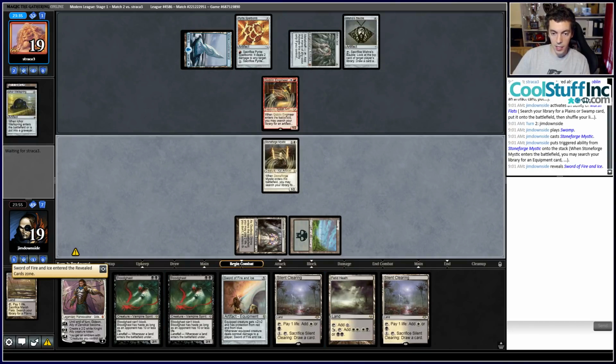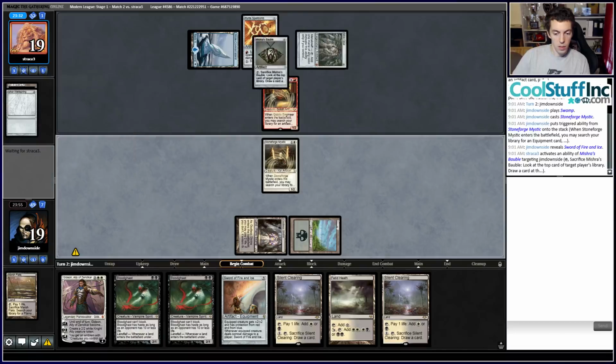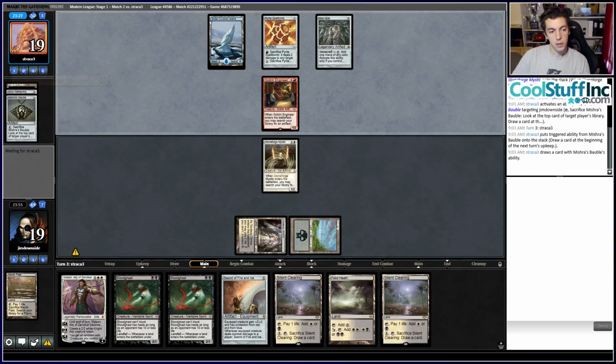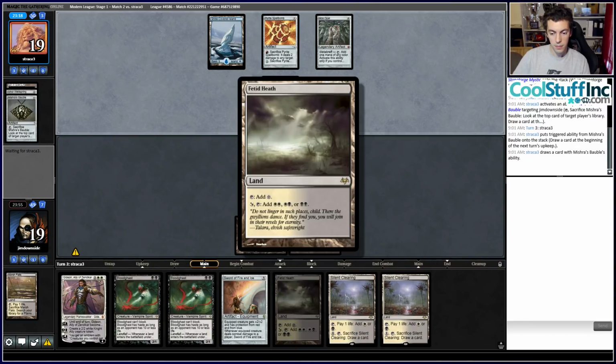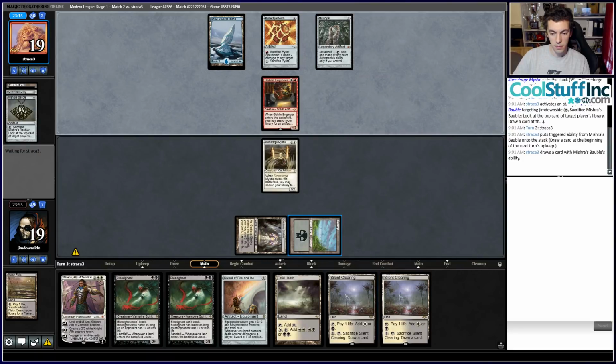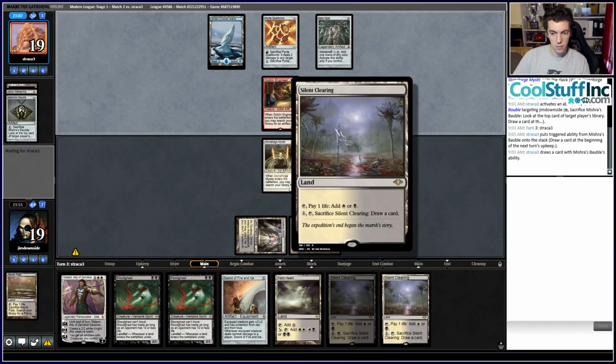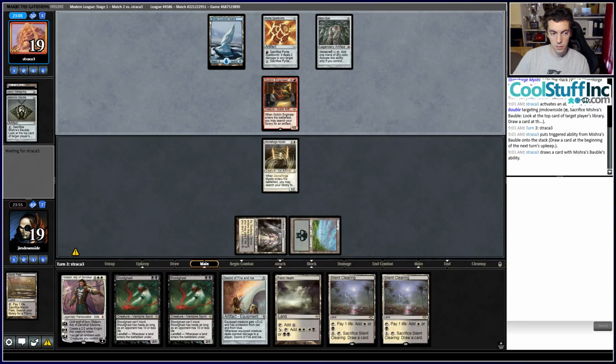It's not enough going on here. All right, so they sacrifice a Bauble. I'm gonna assume they have another artifact because currently they have no red mana. What do you got, opponent? I know your deck ain't easy to play, but